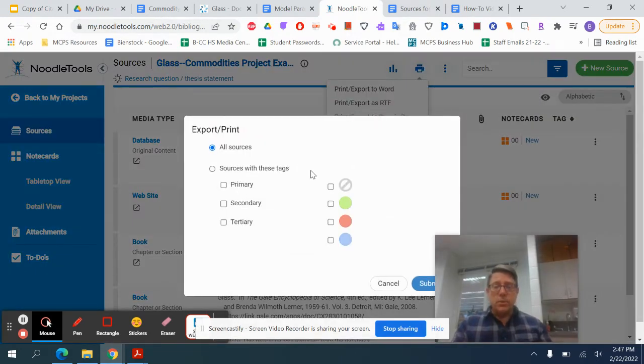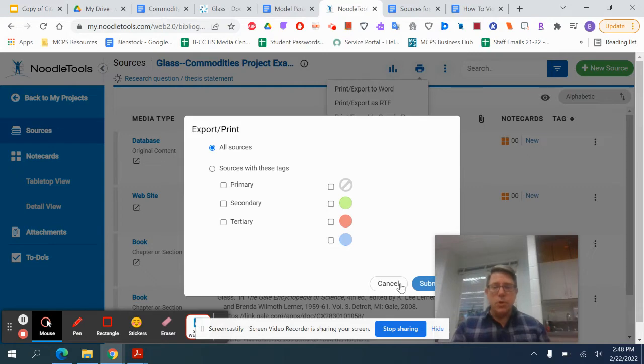Now, this is an opportunity for you to delete sources that you do not want included. Let's say you took notes from a source and you realized that it was just duplicating information that you had somewhere else, or it was not relevant and you are not going to include it in your footnotes. Therefore, it should not be on your bibliography page. This would be a way to exclude them ahead of time. But just know that you can export all of your citations and then go and delete them after the